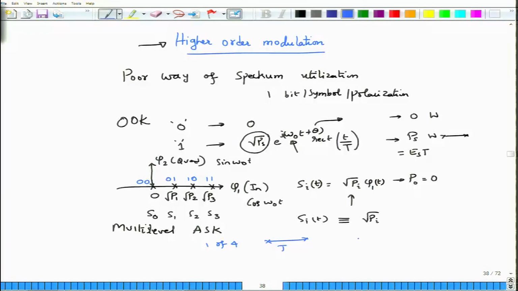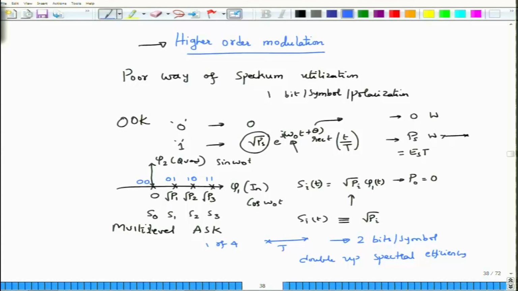So what this has done is to change the number of bits per symbol. If you want, you can also put per polarization, I will leave that one to you. So I have increased the number of bits per symbol from 1 bit to 2 bits per symbol. What I have actually done is increase the bit rate while the bandwidth essentially remains the same. This statement I am not going to prove here, you can look at your undergraduate textbooks for that, but essentially we have doubled the spectral efficiency.